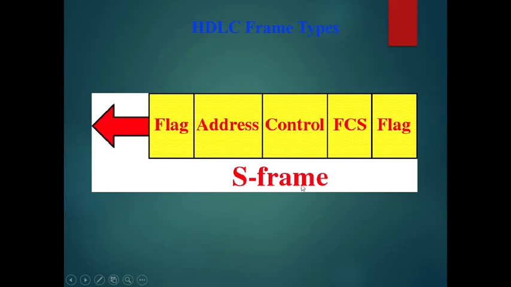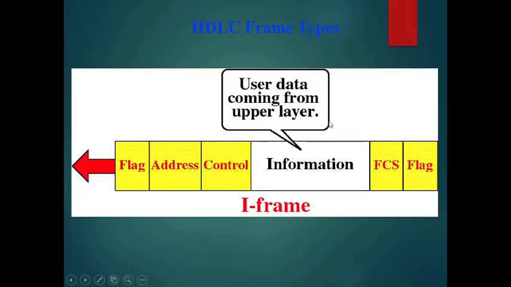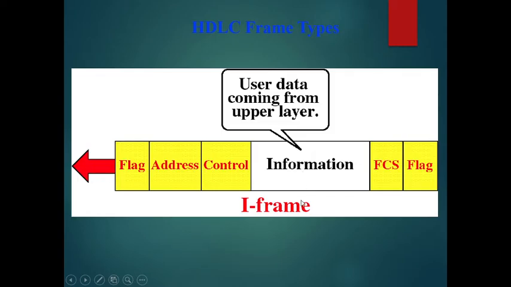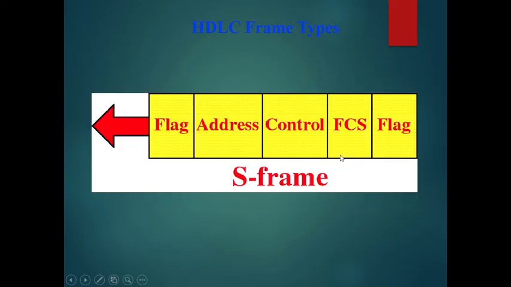Now this is how an S frame looks. It is similar to the I frame. We have a flag field at the beginning and at the end, we have our address field, then we have a control field. But what is absent? The information field which was present in the I frame is going to be absent in the supervisory frame, because this is meant only for some control information. It is not going to carry the data. So when we compare the S frame and the I frame, what is the difference? The information field is absent. Then we have a frame check sequence field and all others are the same.